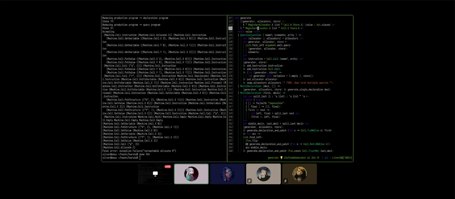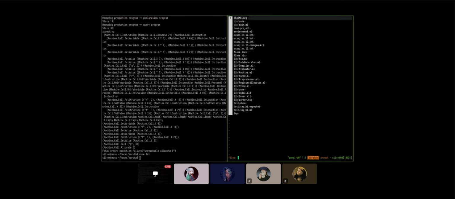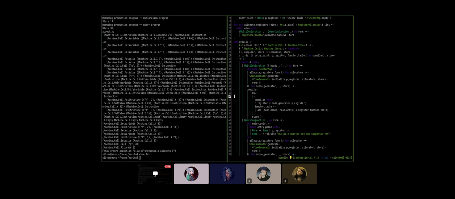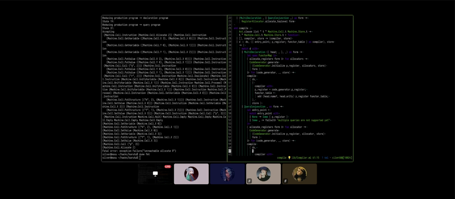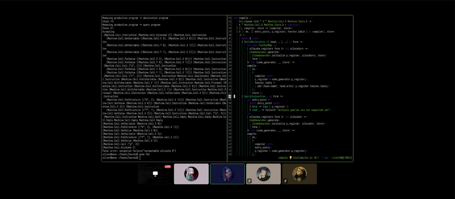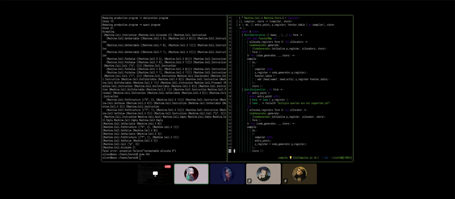Actually, I think it's not here. It's in the compiler. Multi declaration. We generate. We compile. We add to the functor table using the head. Oh, this is actually already correct. Never mind. Okay, that's unexpected, but okay.